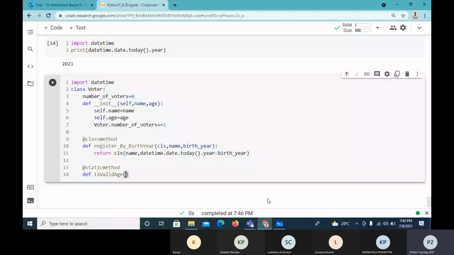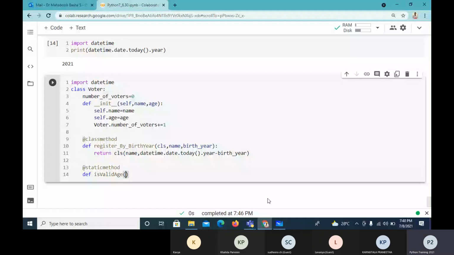So that is what I want to have. So I'll take age, and what it gives is whether he or she is eligible to be a voter or not. So I'll say return.